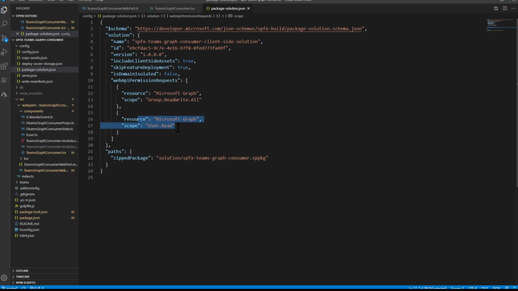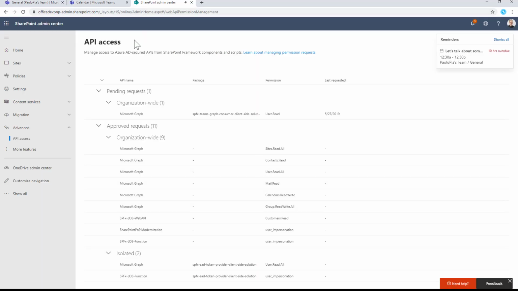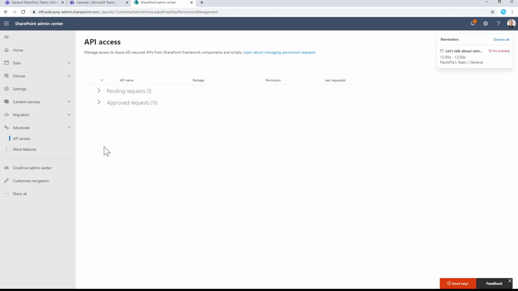Once you have done that, you bundle first, you package the solution, then you upload the solution in the app catalog. Once you have done that, in the SharePoint Admin Center, under Advanced API Access, you will have a list of all of the pending requests and all of the approved requests.